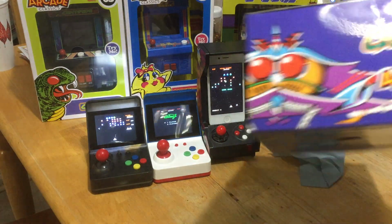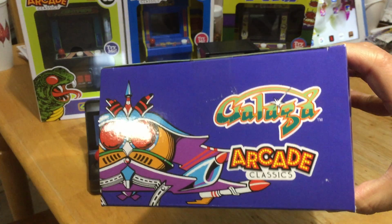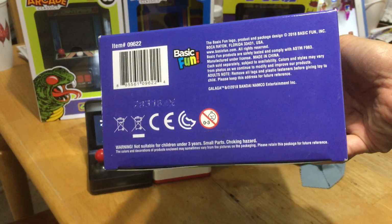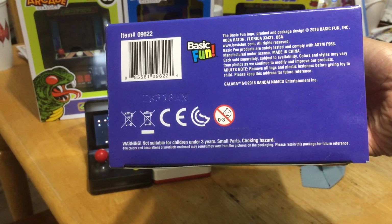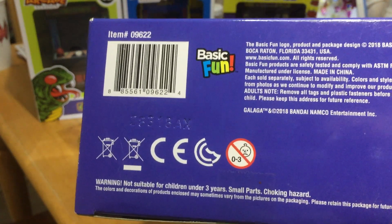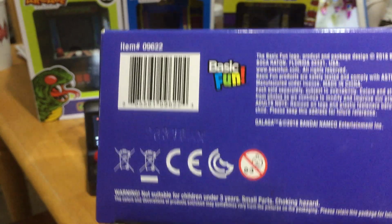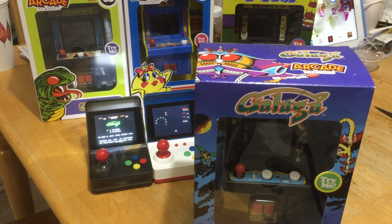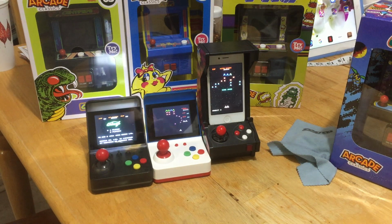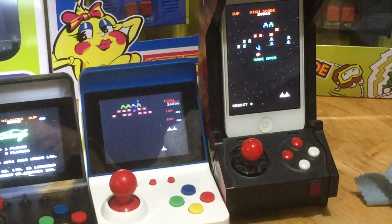So I'm gonna go ahead and open this up. The graphics look pretty cool. The box looks real cool. Basic Fun company, and it already has a battery in it. Okay, all right. So while that thing is doing that, I'm gonna let this thing do its demo on the